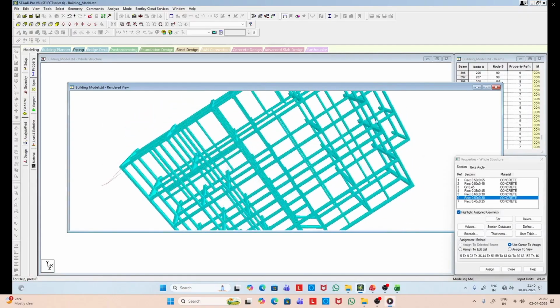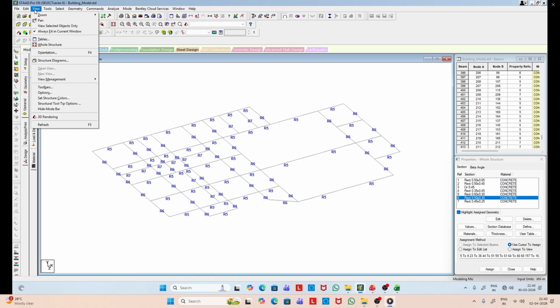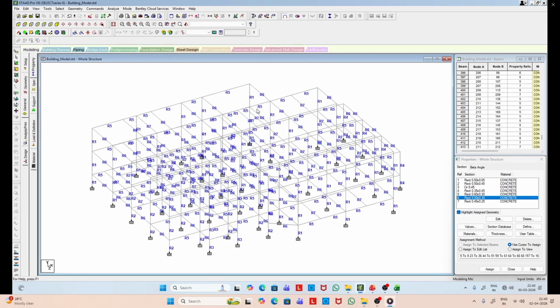And from this 3D rendering, you can see the cross sections of the column and their orientation also. That is extremely important because you can change the orientation of the column cross sections just by looking at that 3D rendering. In fact, you can also change the beam cross section if need be, and if it is wrongly assigned, then from that